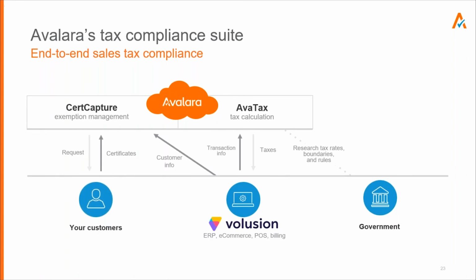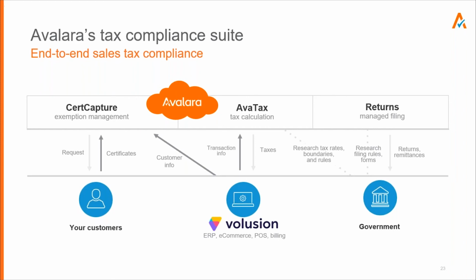In addition to that, we have Cert Capture, which helps you to manage your exemption certificates for your B2B sales and if you are dealing with exempt orgs. And finally, the returns managed filing. Doing compliance is a challenge. So filing those returns, every state is different. You have to log on to the website. Some states or some jurisdictions still require paper filing. So you can outsource that solution to us. We have the ability to file on your behalf and take care of all the remittance.